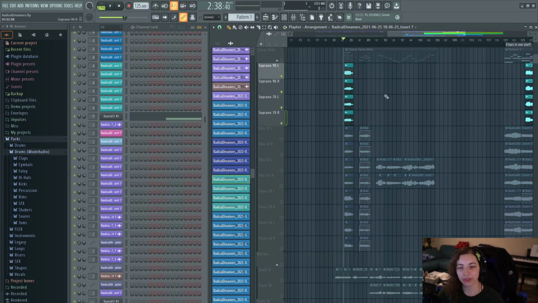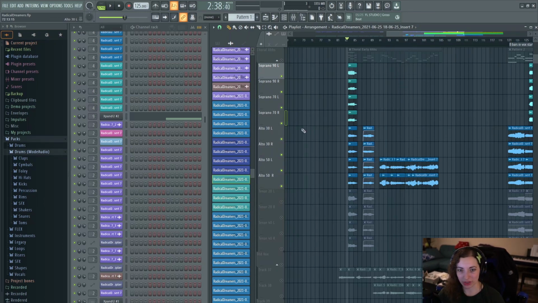And this is also a good thing when you have a lot of these, you don't have to be spot on the entire time. Like I heard a little bit of something not completely in tune, but in the grand scheme of things, when you have all of these other ones, you don't really hear it that much. So yeah, here's the alto, when we add that, how that sounds. And then tenor.